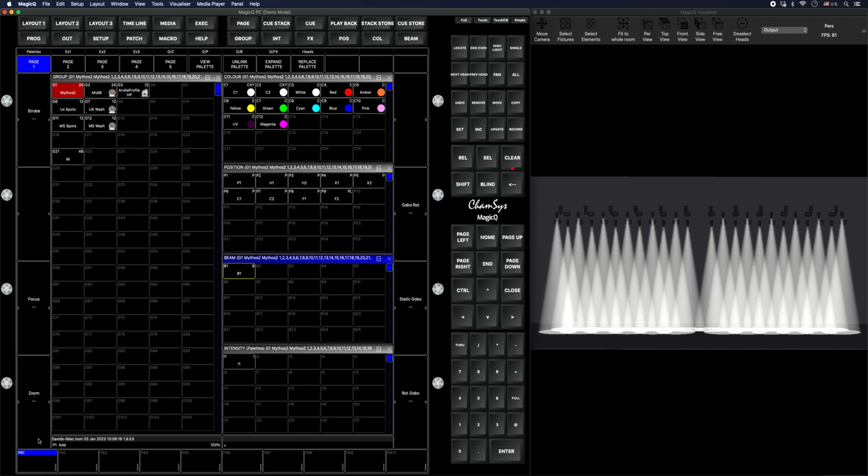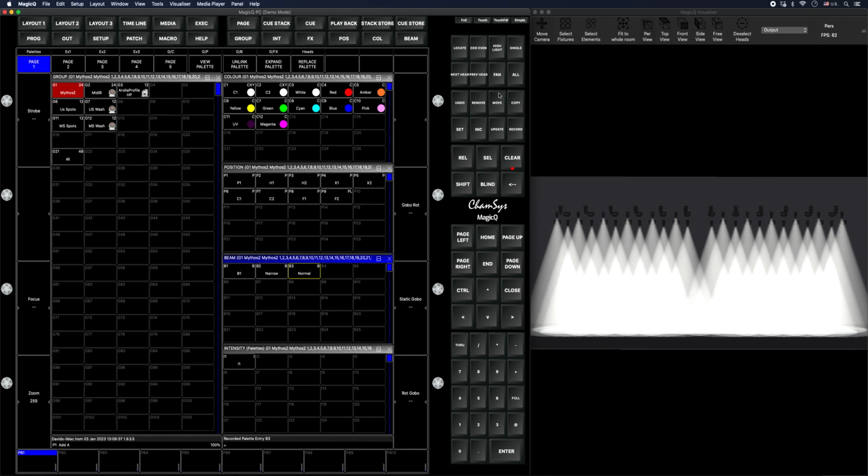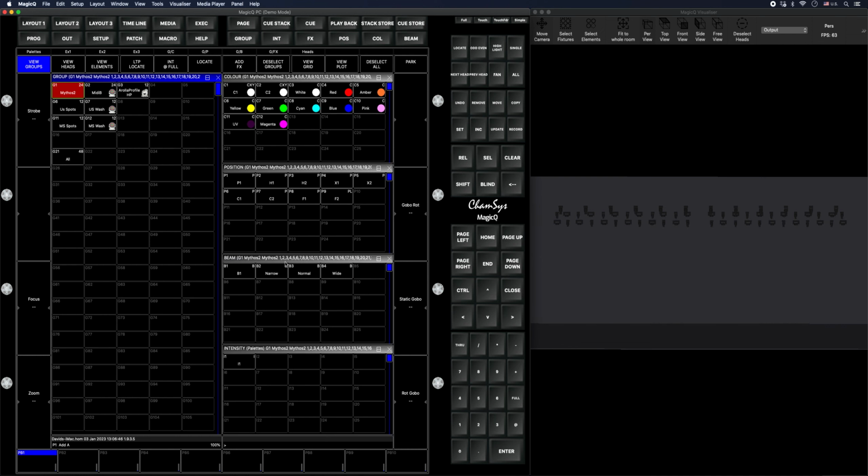Cool. All right, let's go ahead and start with our narrow. Narrow. Just my beam. Toss that right there. Next is normal. Normal. Great. Next is wide. Wide. Just the beam. Toss that right there. Cool. I'll clear it out because I don't want this information in the rest of my